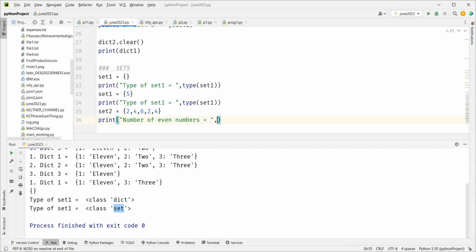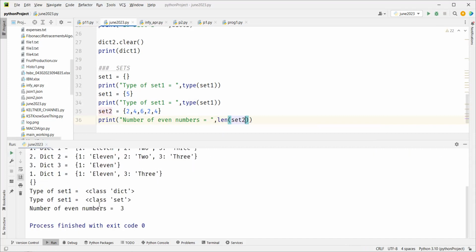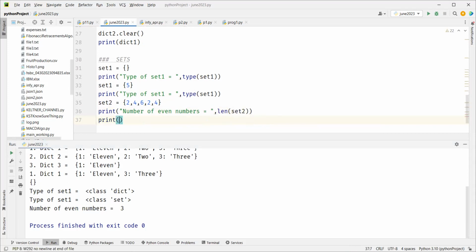And when you go and see length of set, you see 3, right? Because 2 and 4 you have repeated. I shouldn't give you marks for repeating, right? So that's what. And when you print set,